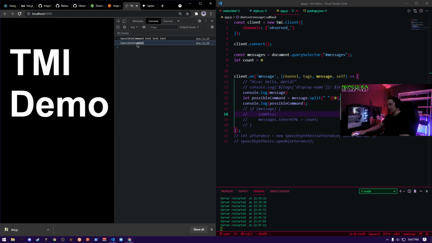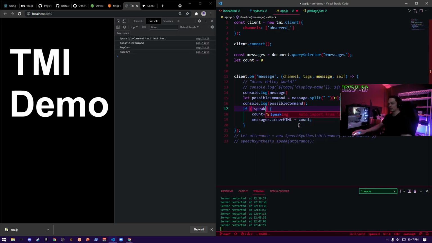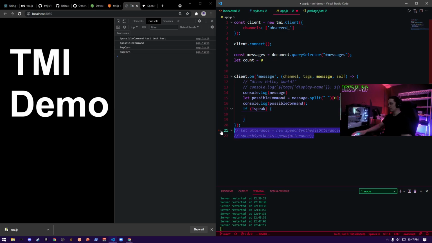So possible command is right here. So if possible command equals speak, so if you start your sentence with speak, I want it to take the rest of your message.